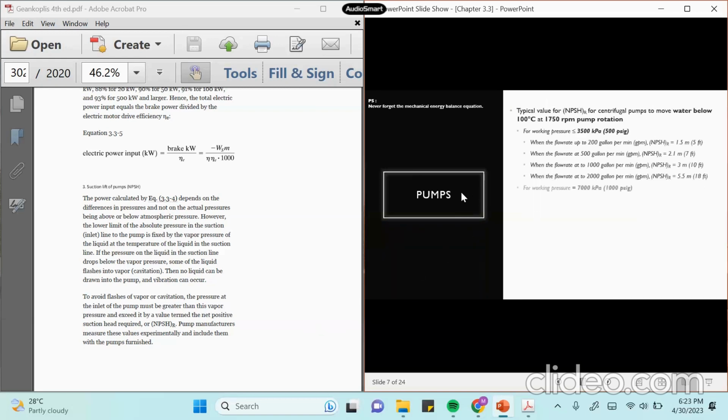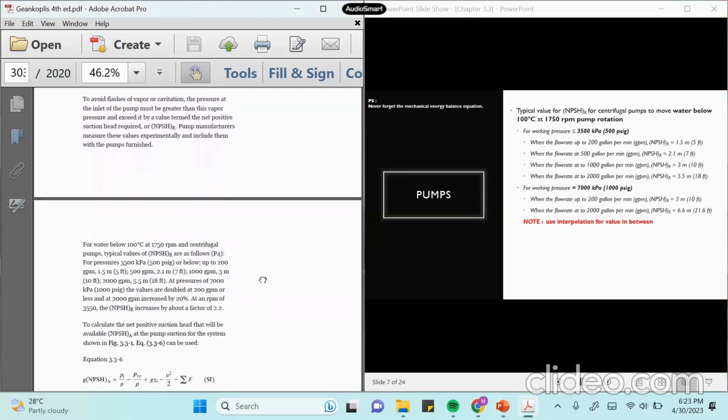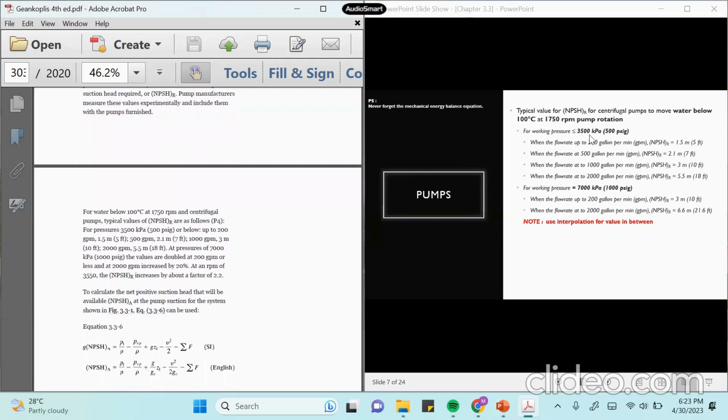Okay, so this is the typical value for NPSHR for centrifugal pumps to move water below 100 degrees Celsius at 1,750 RPM pump rotation. So for a pump with working pressure of less than 3,500 kPa or 500 psig, then when the flow